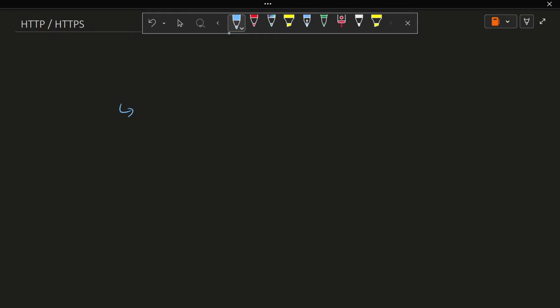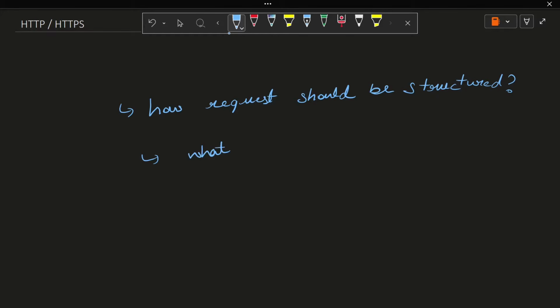What HTTP doesn't define is how your request should be structured, what format the response should be in, and